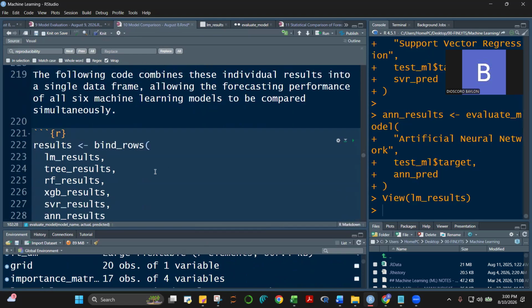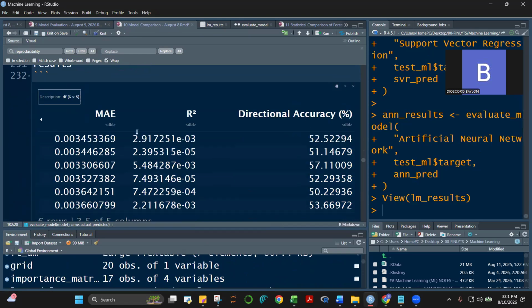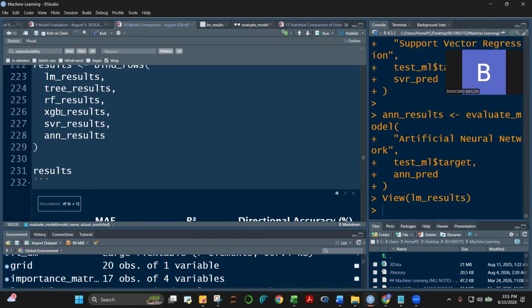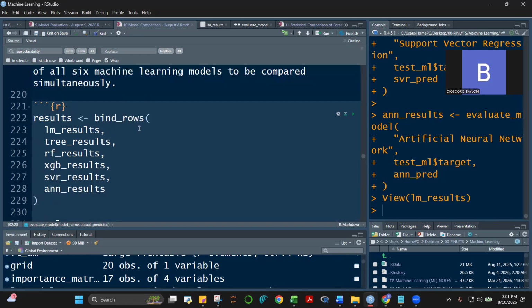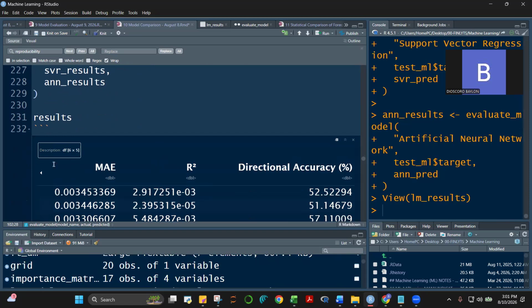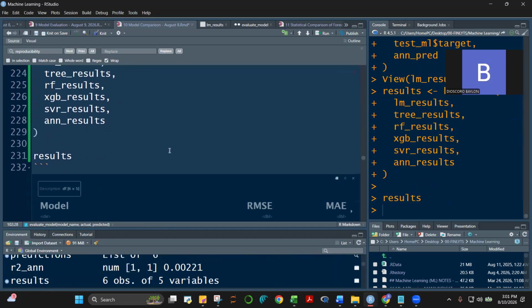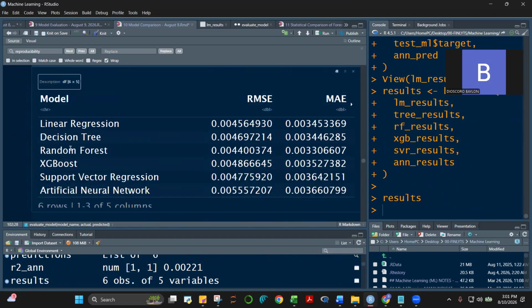So we now combine them, mag-bind rows tayo. No? Pagsama-sama natin si LM results, tree results, etc. Okay? Ayan. Row bind na to. No? So if we run this class, here is what I have.